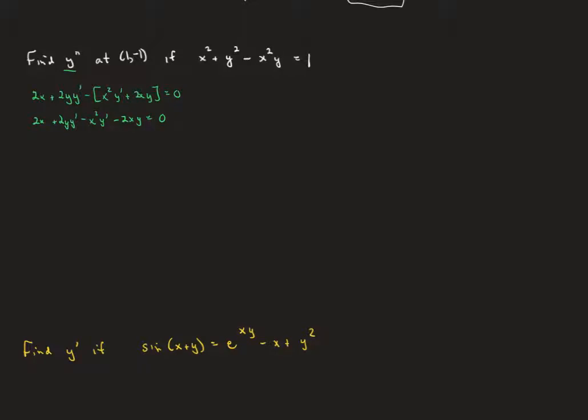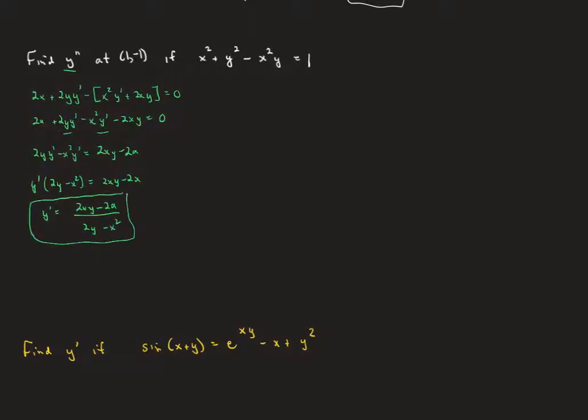We're going to keep the y prime terms here, and we're going to move the non-y prime terms to the other side. So that'll be 2xy minus 2x. We'll factor out the y prime, leaving 2y minus x squared. And we still have this stuff waiting on the other side. Finally, we're going to divide that over, so we'll get 2xy minus 2x all over 2y minus x squared. So there is our